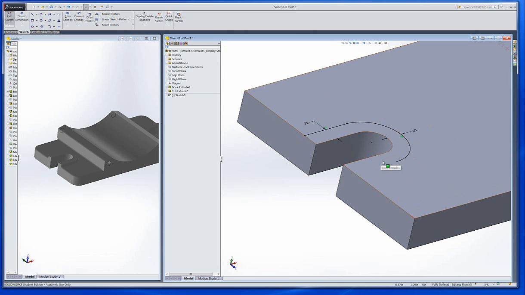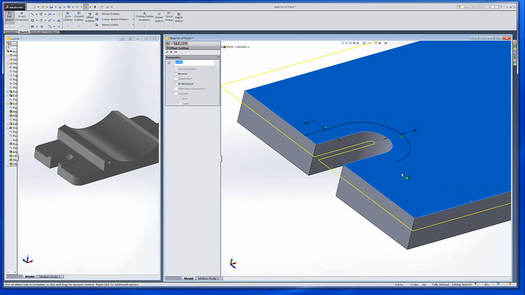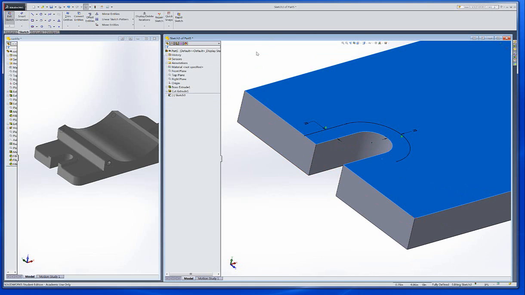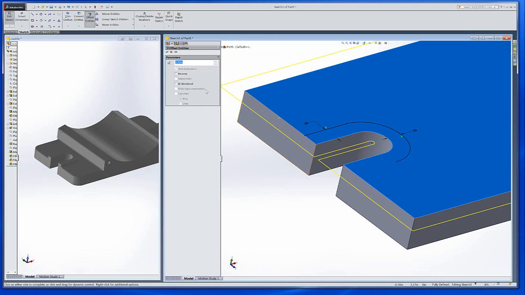Alright, then I'll go in. Now what's it looking for? It's needing me to go in and go recent commands, offset again. Oh, gotta hit escape on that. Let's go right click, offset. Now notice the